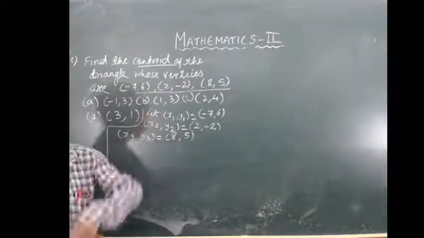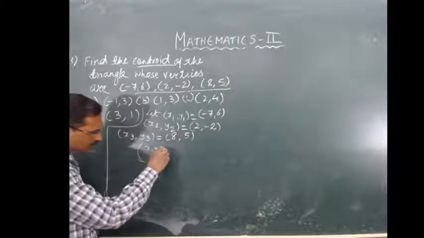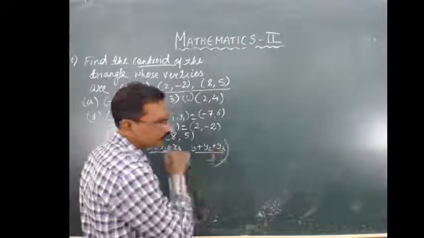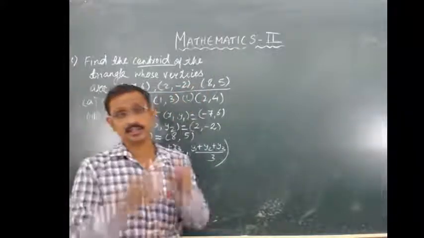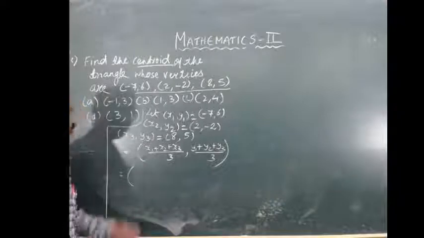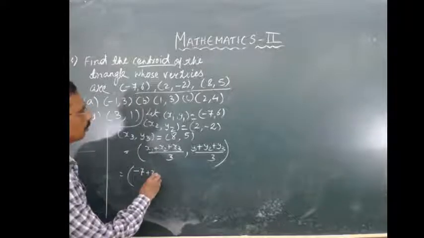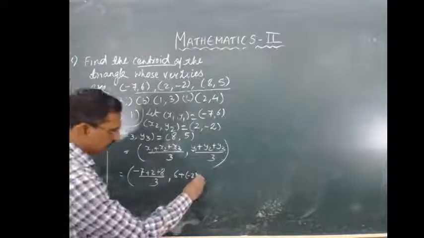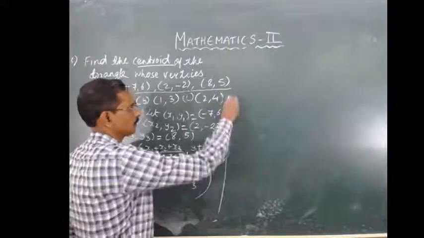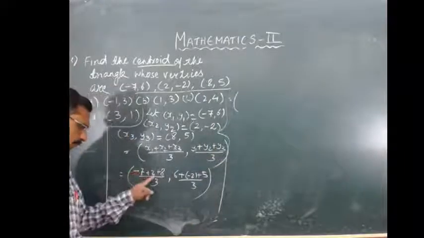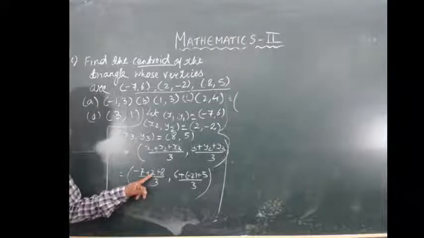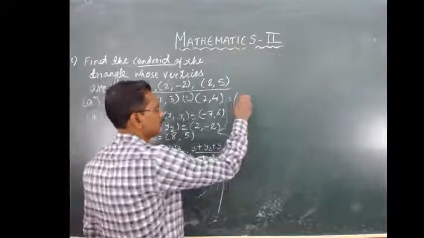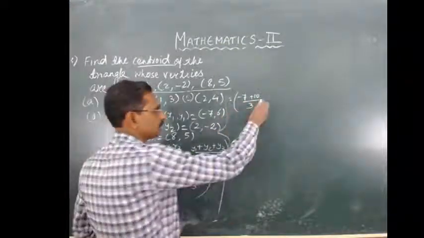So the coordinate for the centroid is x1 plus x2 plus x3 upon 3, comma y1 plus y2 plus y3 upon 3. I told you, from here only you can get the answer instead of solving. That is equal to x1 minus 7, x2 plus 2, x3 plus 8 upon 3, and y1 6 plus minus 2 plus 5 upon 3, which is equal to minus 7, 8 and 2, 10. If you want, you can do step-by-step solving: minus 7 plus 10, only your steps will be increasing, comma 6